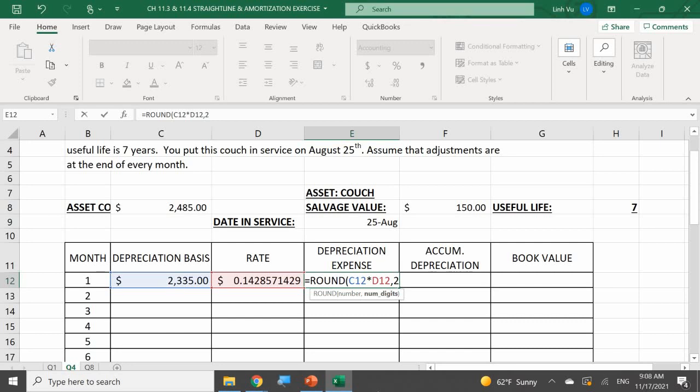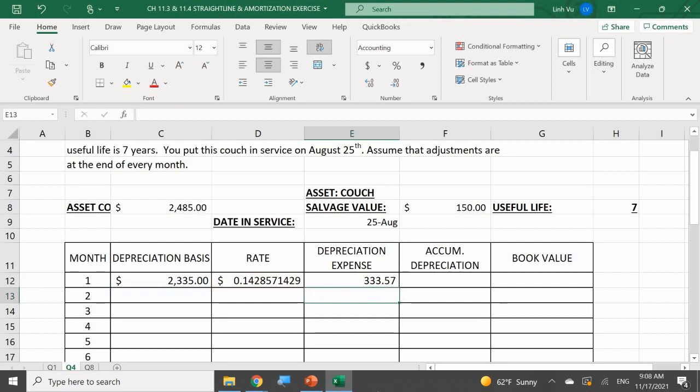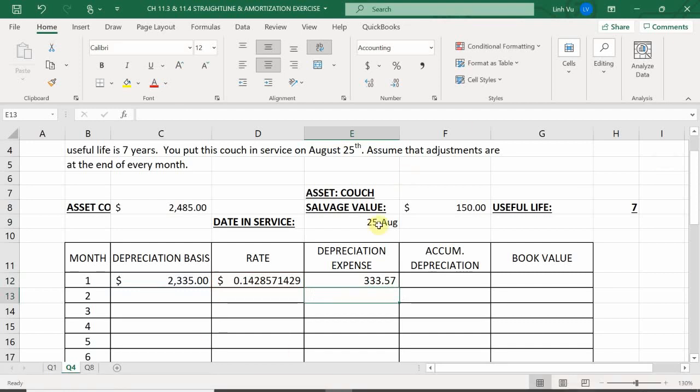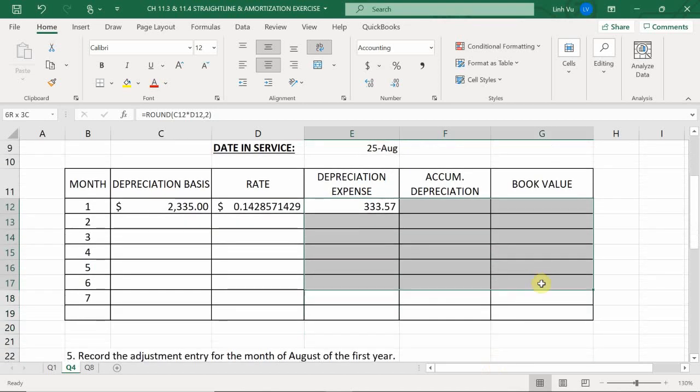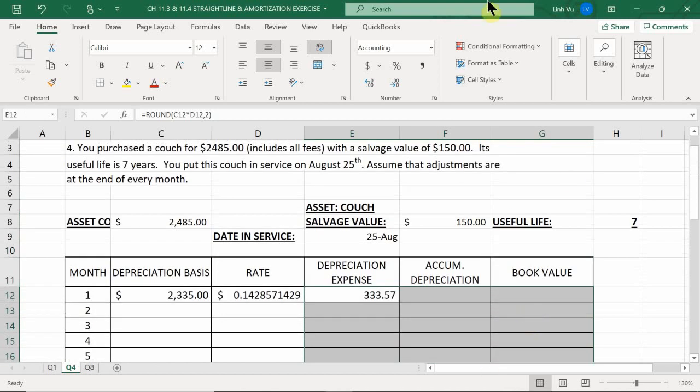It's going to be 326.90. Oh, 326? I didn't put the full number. That's why. Okay. All right. Okay, so in this case,